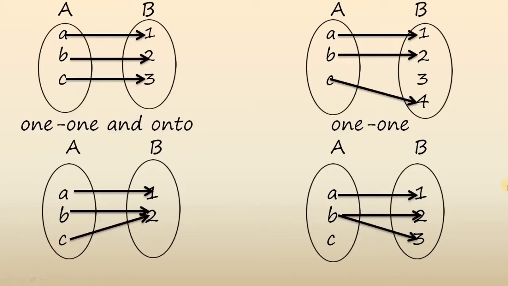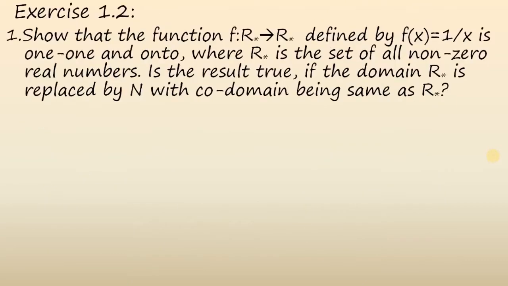So you have elements A, B and C, and 1, 2 and 3. So 1 has a unique relation with A, and B has two relations, that is 2 and 3, and C does not have any relation at all, so it can't be 1-1, right? On your left hand side every element must have a relation. First of all, it is not satisfying, but on the right hand side every element does have a pre-image. So you can say this is many to 1 and this is onto. So let's move on. Next, moving on to the exercises.